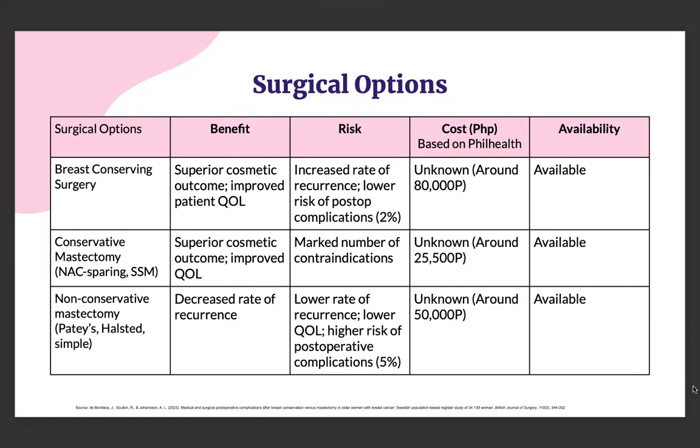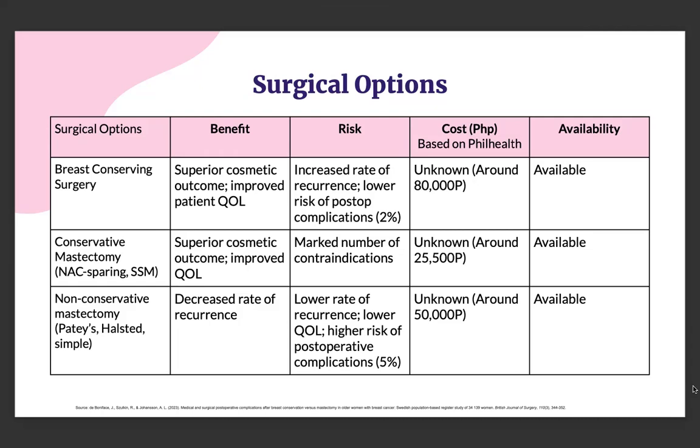Okay. So to continue the discussion, we go to the surgical options. But before we go to the surgical options for the primary tumor, it is important to first evaluate the axillary lymph nodes of breast cancer patients. So for patients presenting with clinically suspicious axillary lymph nodes, we want to do ultrasound plus fine needle aspiration or a core biopsy para ma-determine if those lymph nodes are reactive lymph nodes or if they are nodal metastasis,